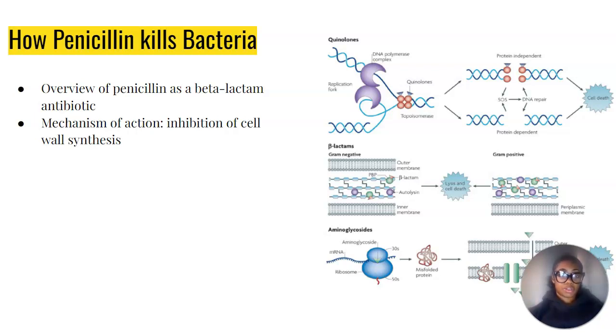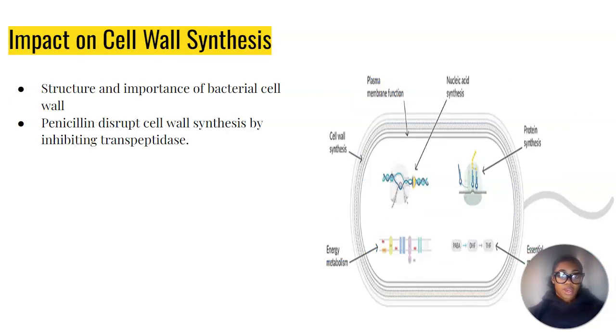in combating bacterial infection. All right, we are going to delve into the critical impact of penicillin on cell wall synthesis. The bacterial cell wall, primarily composed of peptidoglycan, provides structural integrity and protection, with penicillin inhibiting the action of transpeptidase, a key enzyme involved in cross-linking peptidoglycan chains. The bacterial cell wall becomes weakened and compromised. This disruption in cell wall synthesis renders the bacterium vulnerable to osmotic pressure, like we just discussed, leading to cell lysis and ultimately bacterial cell death. Understanding this process underscores the precision with which antibiotics like penicillin target specific bacterial structures and processes, highlighting their effectiveness